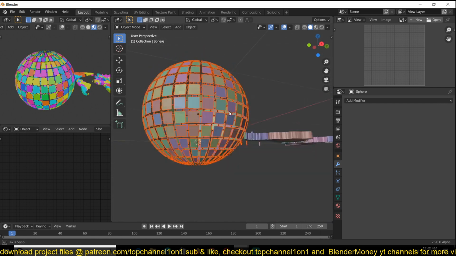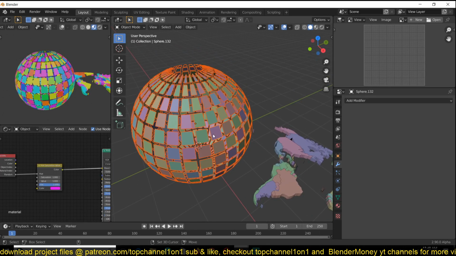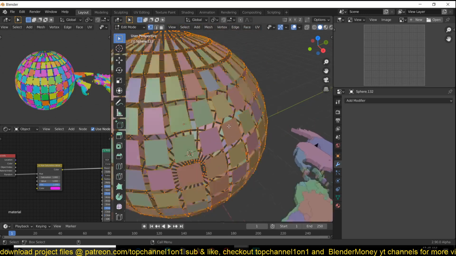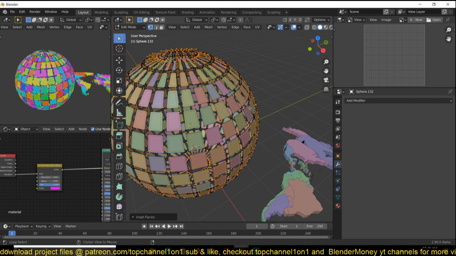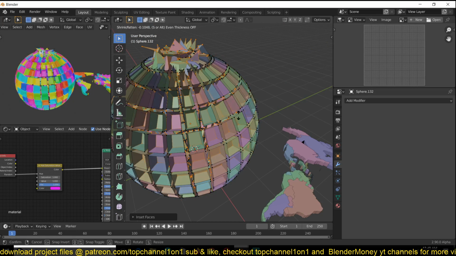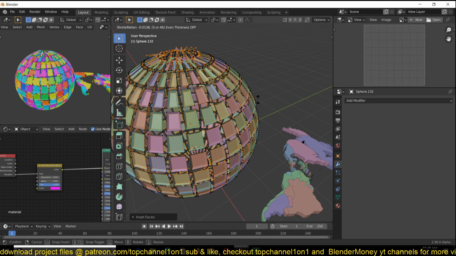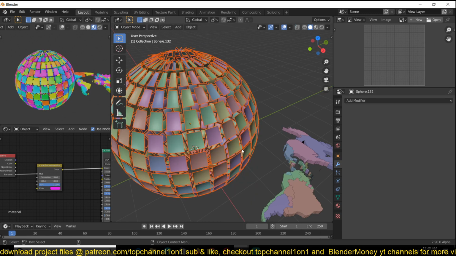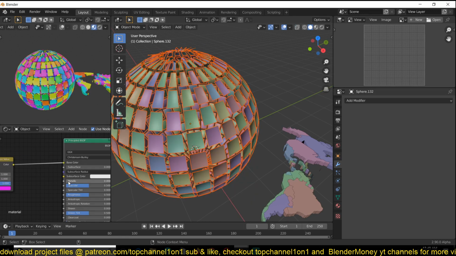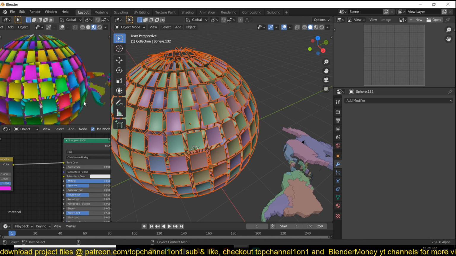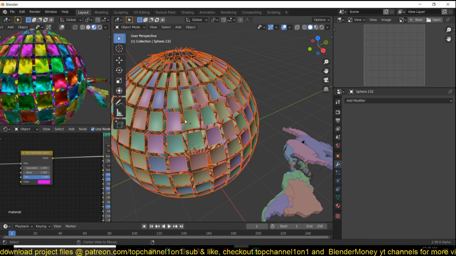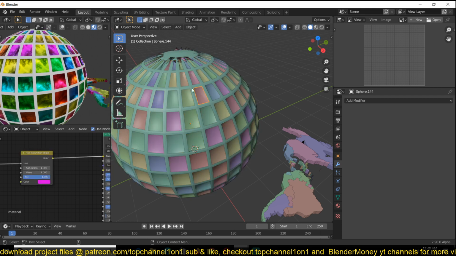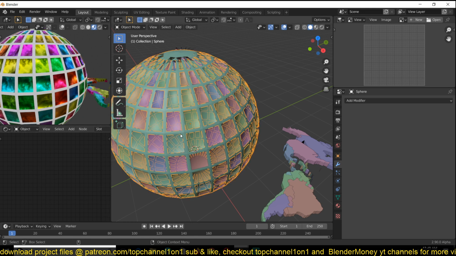This should have been a disco light tutorial. Maybe I'll just rename that to that. So let's select everything, insert again, and push those inside just a little bit, shade smooth, maybe give this a metallic, very little roughness, and this can have maybe the same material as well.